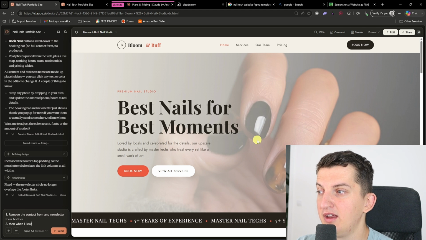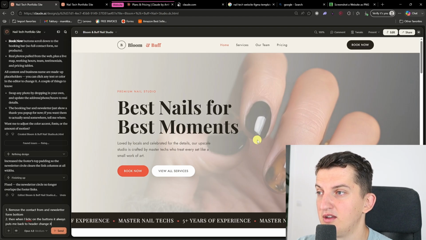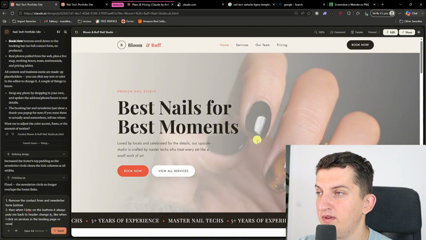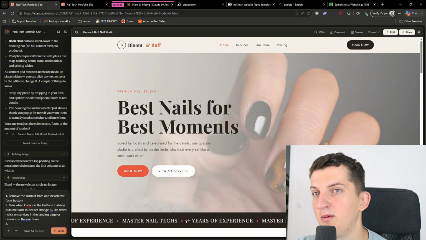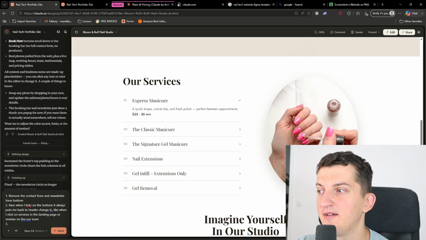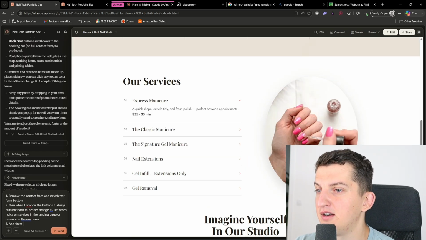Then when I click on the buttons, it always puts me back to the header. Change it. Like when I click on services in the landing page or reviews or our team. Okay, we got it. Now when we're going to go even further, we want to add there